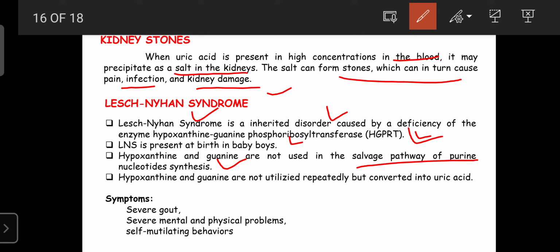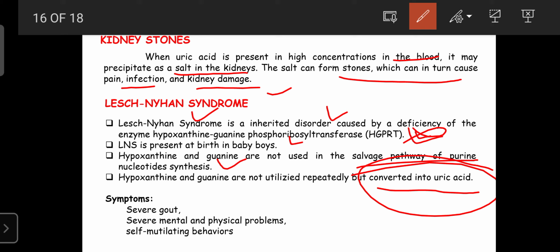If they are not utilized, then they are converted into uric acid in the final step. Hypoxanthine is converted into xanthine, then xanthine is converted into uric acid. Guanine is converted into hypoxanthine, then hypoxanthine into uric acid. If both are not utilized by the salvage pathway due to deficiency of this enzyme, then uric acid production is more. That condition is known as